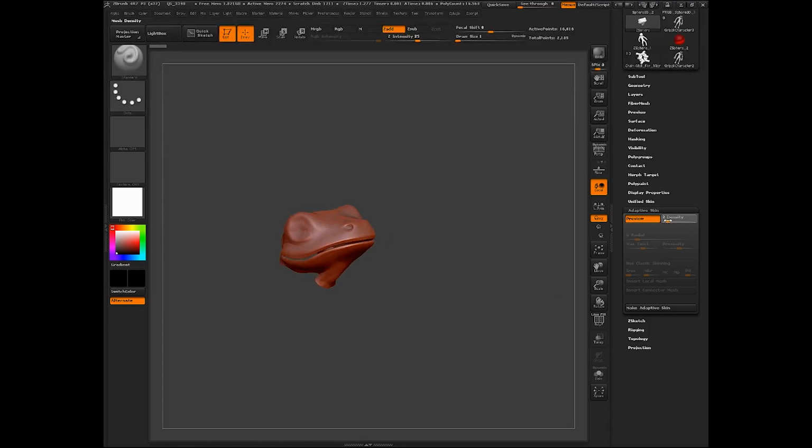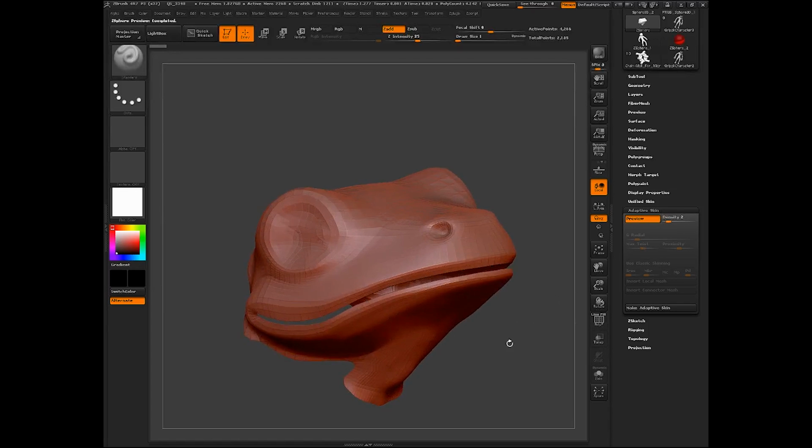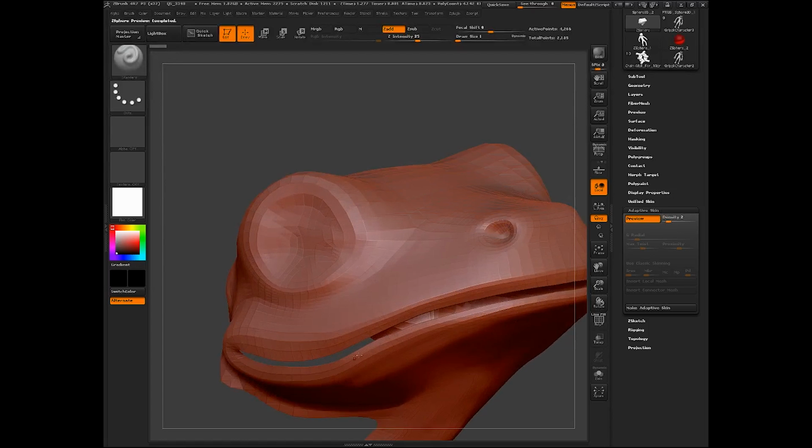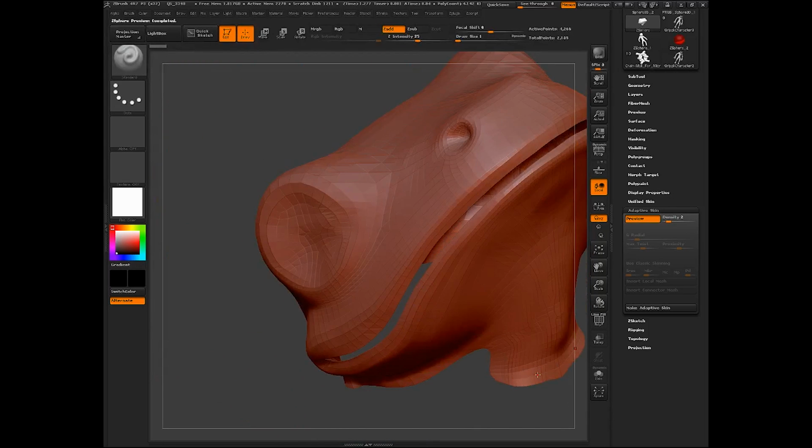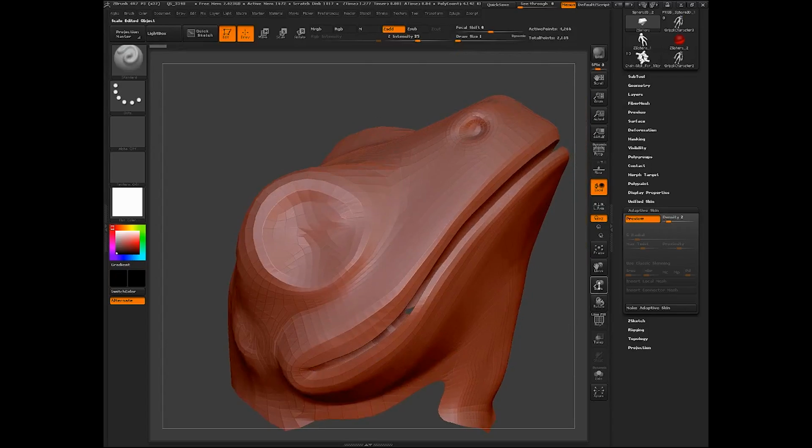Okay, and then typically with the mouth, I could go in and add one more edge loop so that everything meets. I'd probably do that, and then I'd take it into 3ds Max and create an interior part of the mouth.